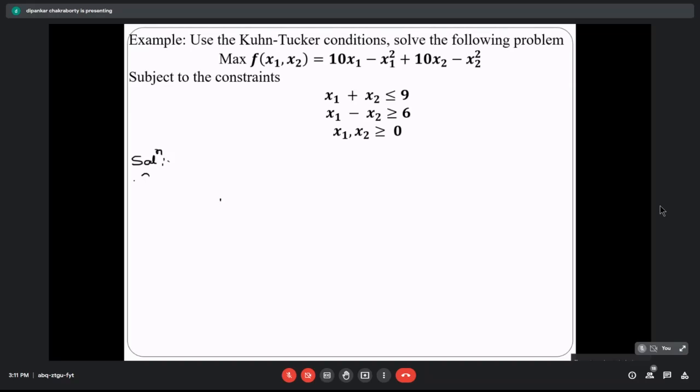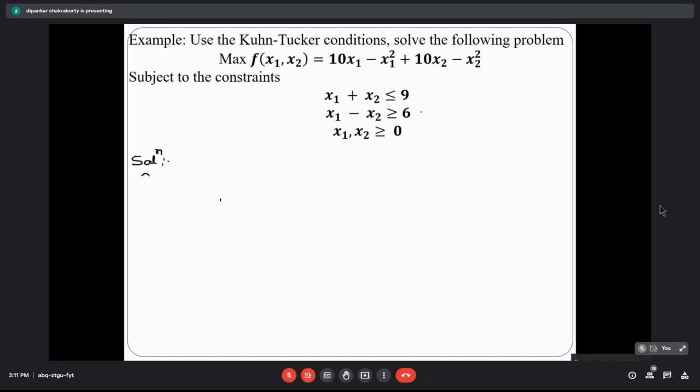When you are going to apply the standard form, that means whether it is a maximization problem or minimization, standard maximization problem or standard minimization problem. For a standard maximization problem, what should be the nature of the problem? You have to maximize f(x), and the constraints are of less than equal to type. Now here it is a maximization problem, but it is not in the standard form. Why? Because the second constraint is not less than equal to.